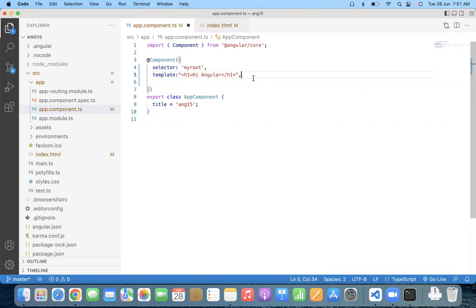But how many lines of HTML will be written? How many lines of HTML can you write over here, right? So, okay, one, two,